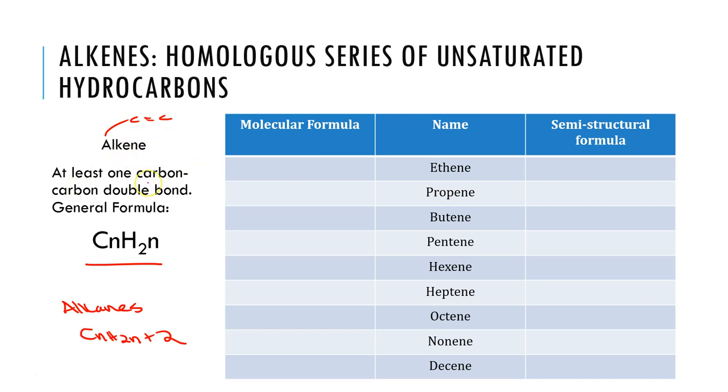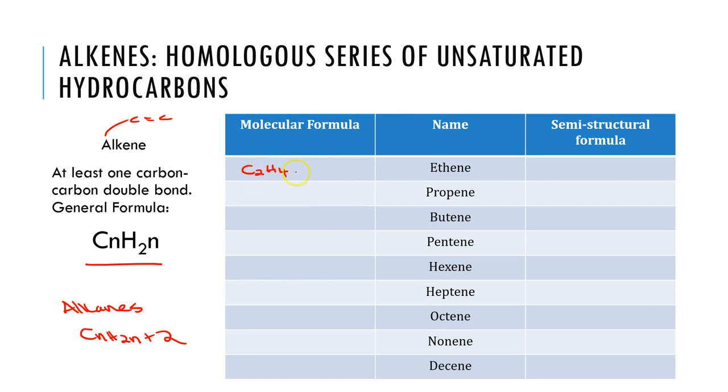If they contain more than one, we tend to call them dienes or trienes. So we're just going to stick to looking at simple alkenes at this point, which contain one double bond. This means that our first member of the alkene homologous series, or class of compounds, will start at ethene. We don't have methane because we can't have a double bond to only one carbon. So we need two carbons in order for there to be a carbon-carbon double bond. So our first is